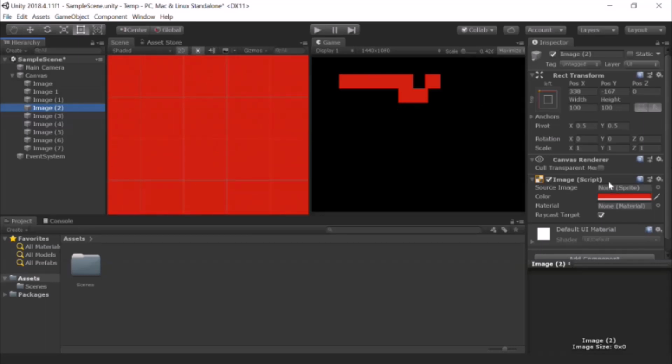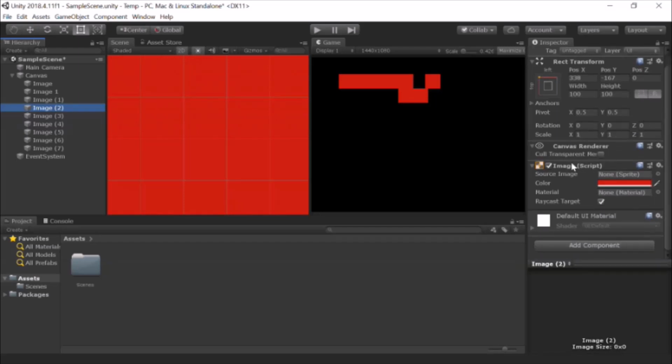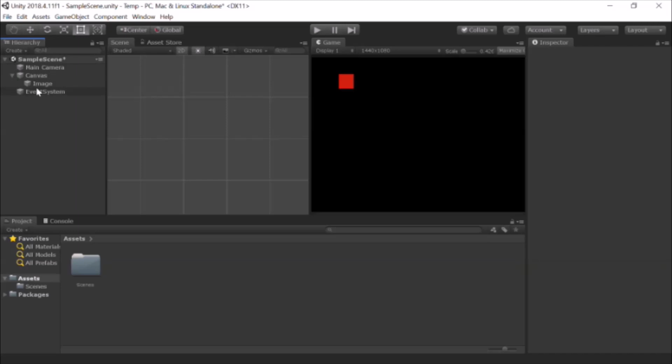So you can see that, let me delete these images. To delete a lot of images, UI elements or game objects from the hierarchy which are situated just next to each other, just click on any one of them, then hold Shift and click on the last element which you want to be deleted. Okay, and then just hit delete and all will be deleted.